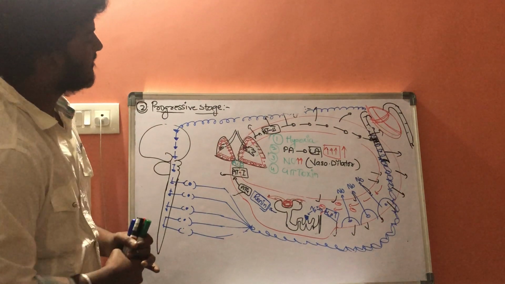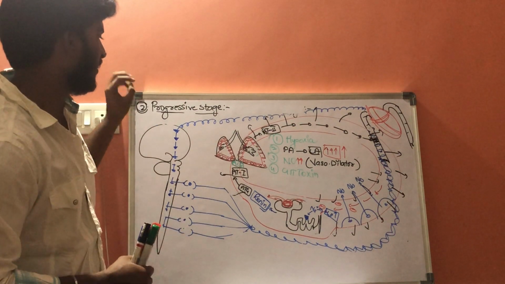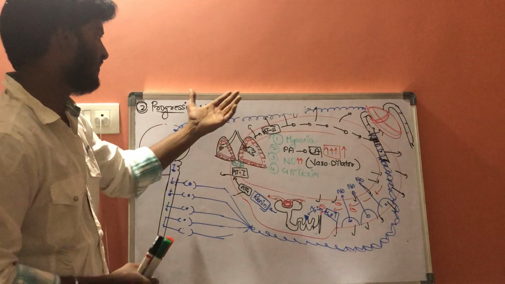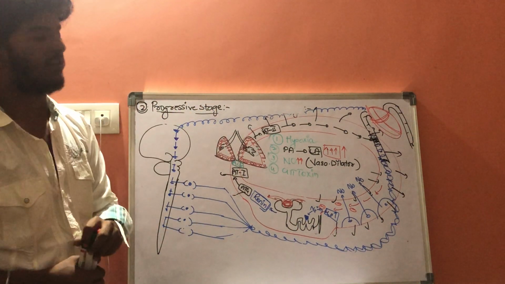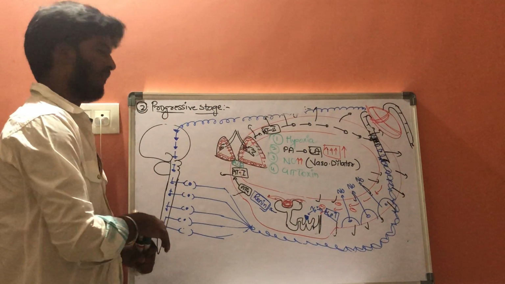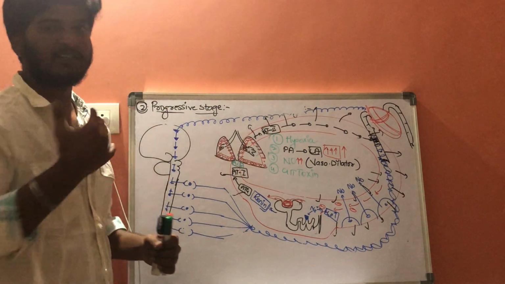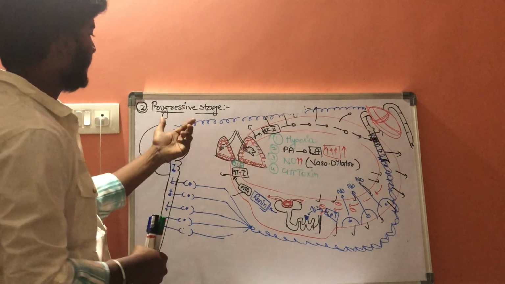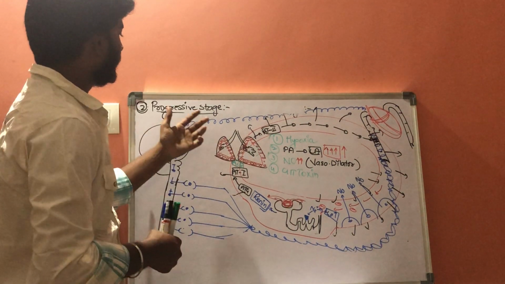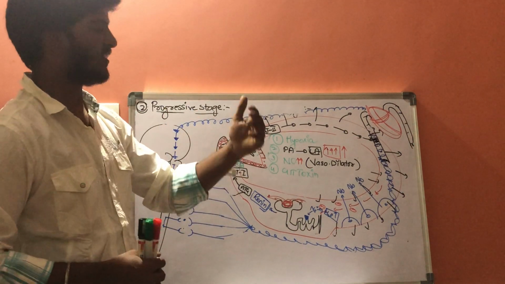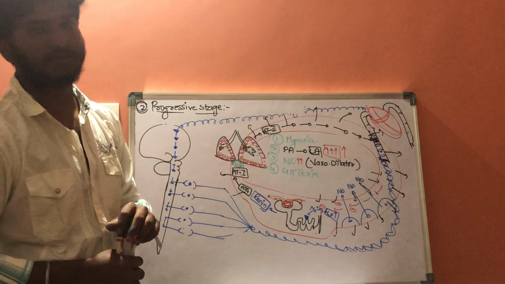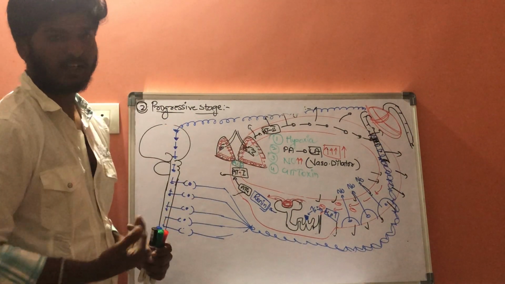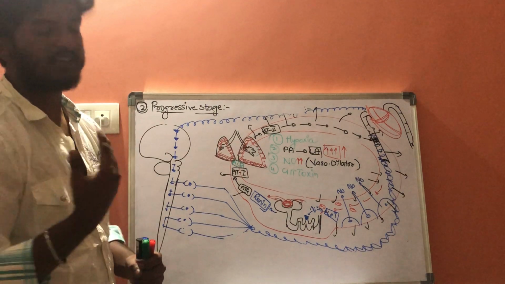So if a person is not taken to the hospital within a short period of time, he may enter into the progressive stage. Even when a person enters into the progressive stage, if he is stuck in traffic, there is no chance of reaching the hospital. Again, whenever traffic is cleared, let us consider there is 15 km, and after 15 km there is the hospital. Now, from this progressive stage, the person may enter into the refractory or irreversible stage.